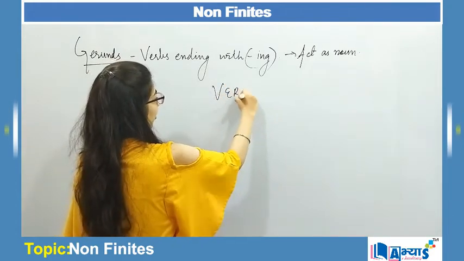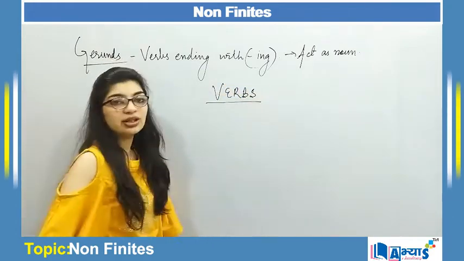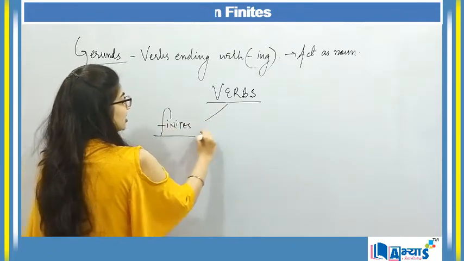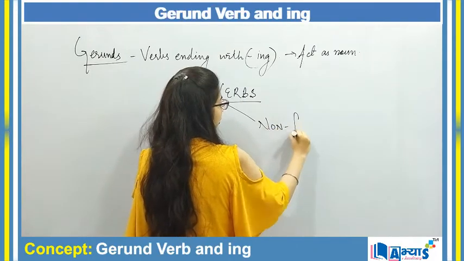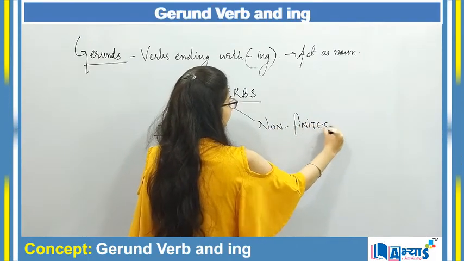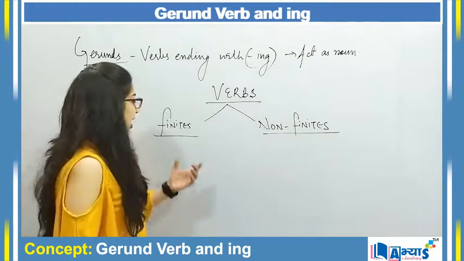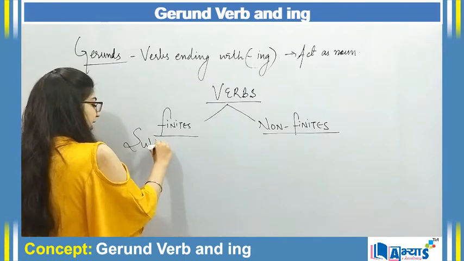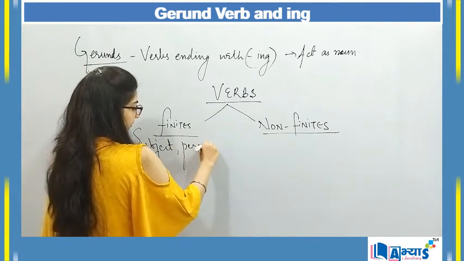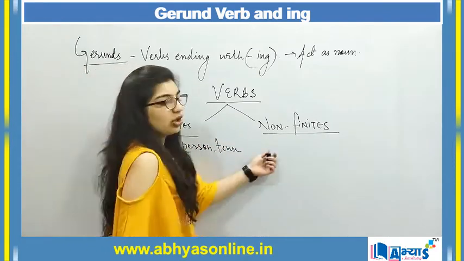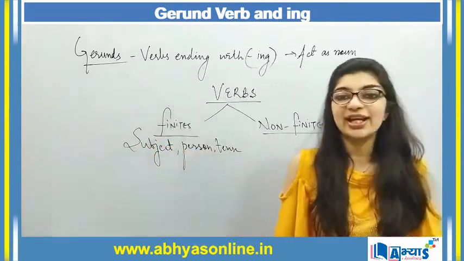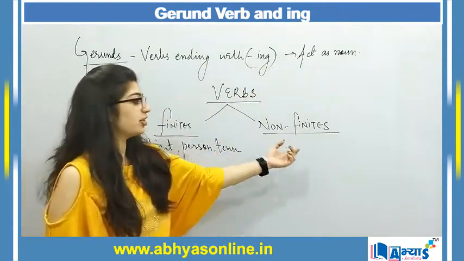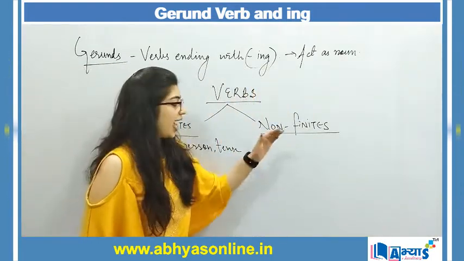Verbs are divided into two categories: the first category is referred to as finites and the second category is referred to as non-finites. Finites are all those verbs which contain a subject, a person and a tense. But non-finites are all those verbs which do not contain any subject within them, and further they are divided